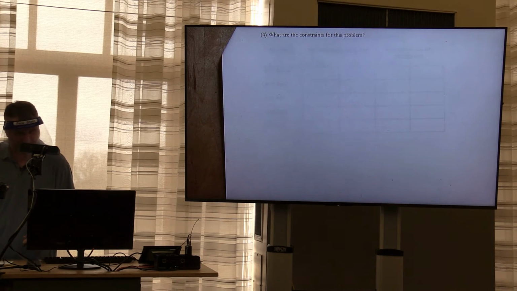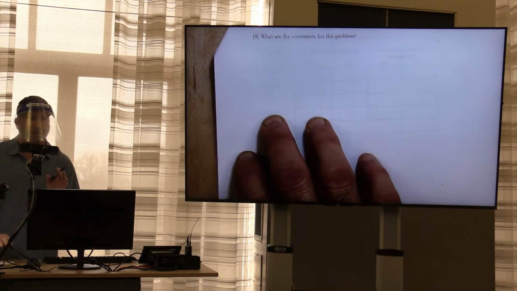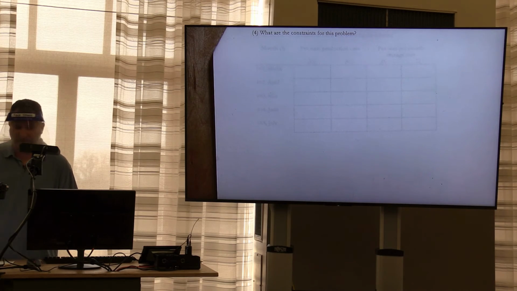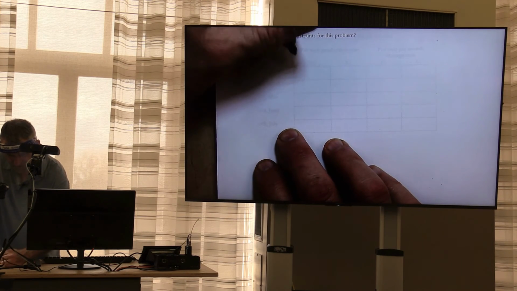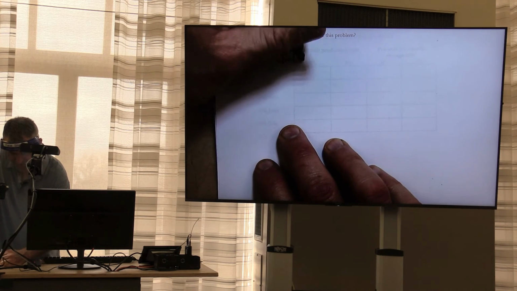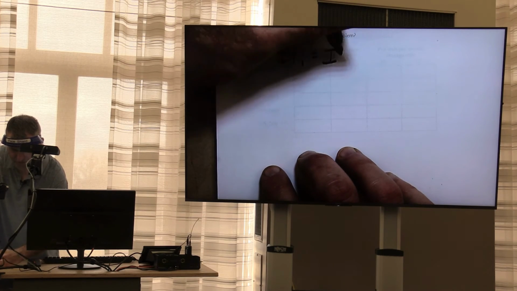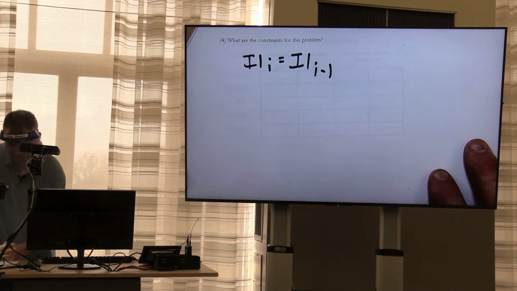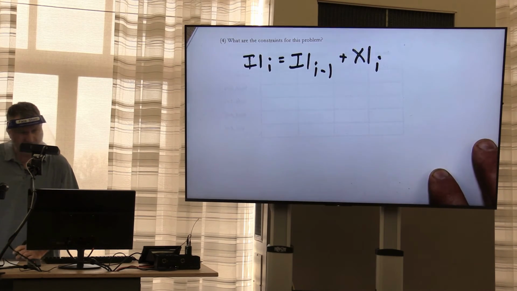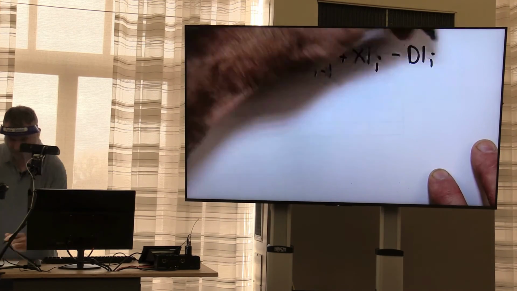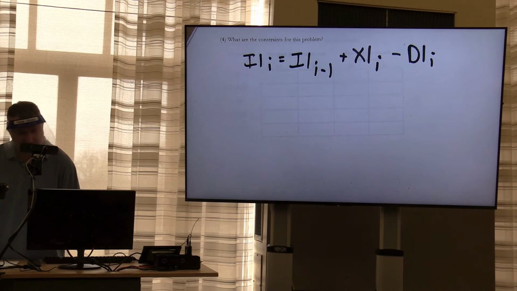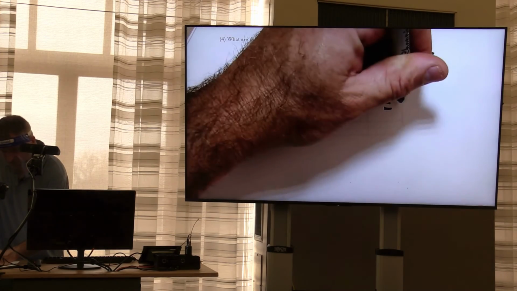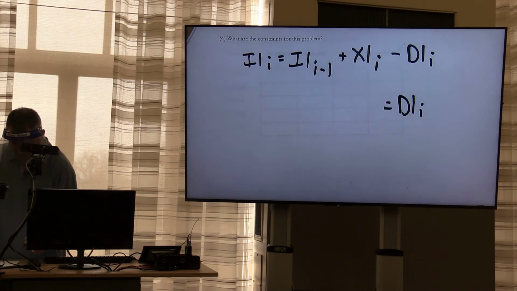Okay. I wouldn't write what I'm about to write. I'm telling you how I always start off with the inventory constraint. When it comes to the inventory and demand constraint, it's easier for me to start with the equation that says ending inventories of good 1 equals whatever you started with, ending inventories from the previous month, plus whatever you produced that month, minus however much you sell. And then I say, I know that D1I is my parameter, not a decision variable. I'm going to want that on the right-hand side. So then I change this equation such that D1I is on the right-hand side. We're going to have D1I equals